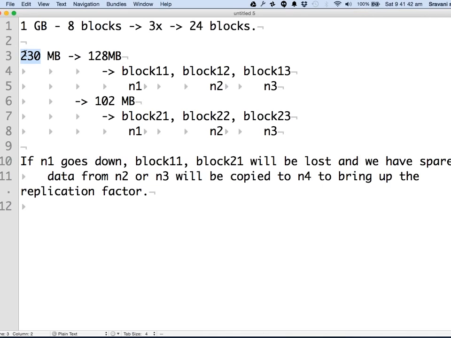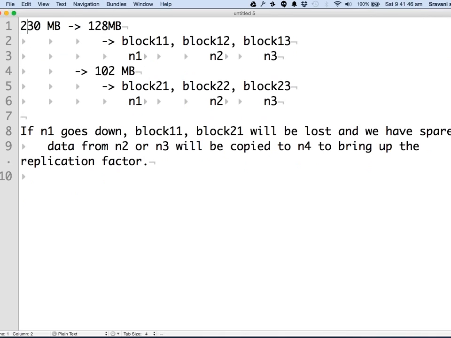So if you had a 230 MB file, it will have two blocks. One is 128 MB, other is 102 MB. Each block is copied 3 times, and effectively there will be 3 blocks containing the same data on different computers.